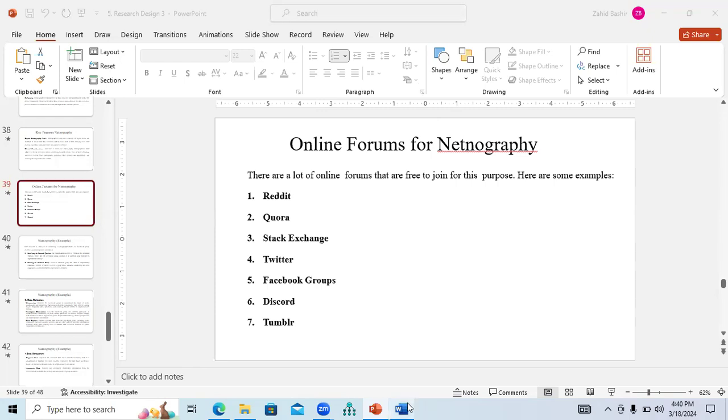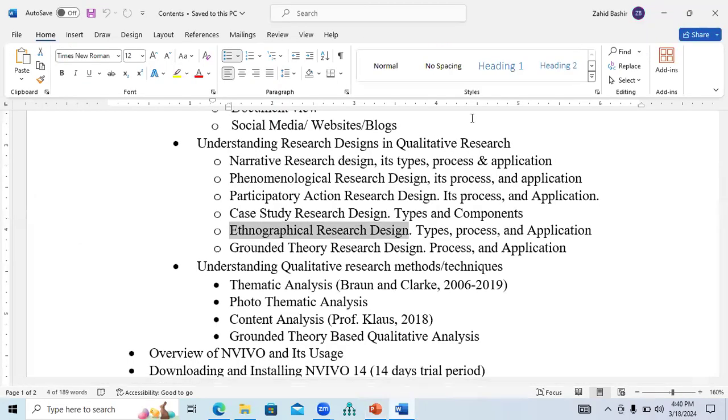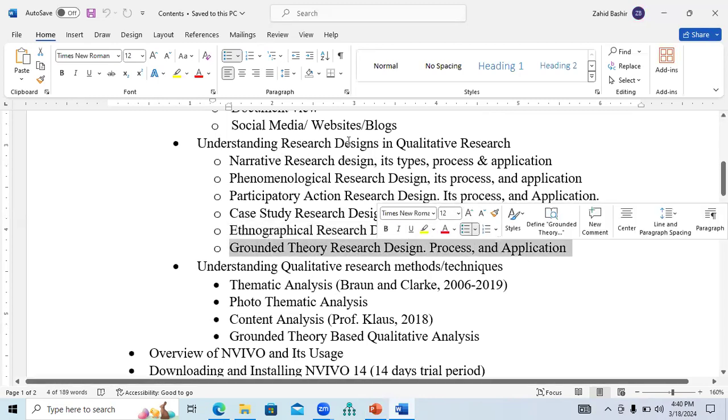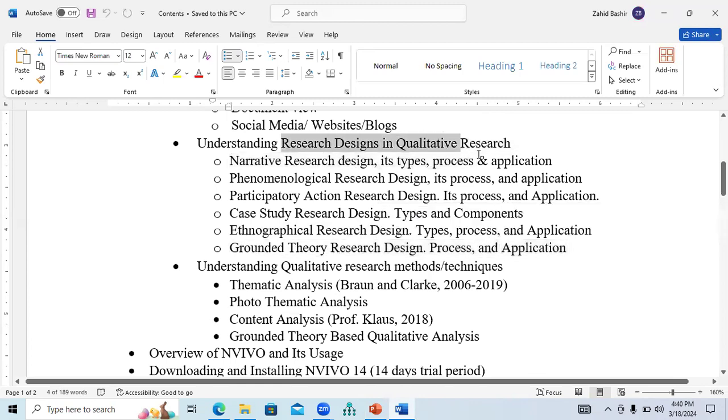We will consider the grounded theory research design as the last part of the qualitative research designs. And after tomorrow, we will discuss the research methodologies like thematic analysis, like content